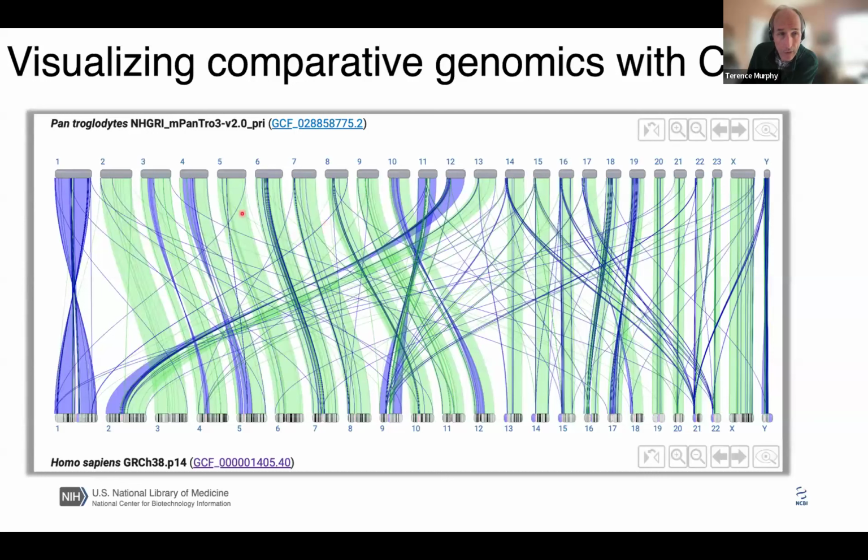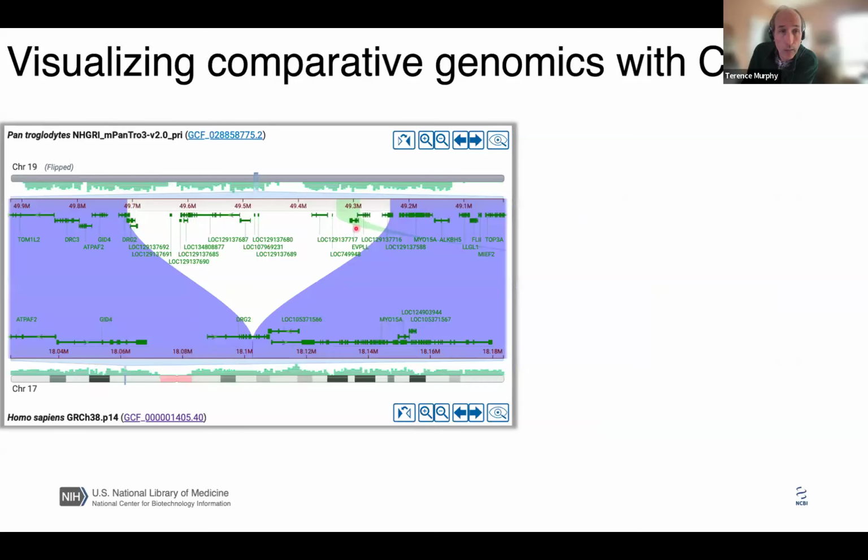And the last thing I'll show you is this tool we developed called the Comparative Genome Viewer, which lets you visually see similarities and differences between genomes. So this view is showing you a whole genome comparison between this chimp genome, the latest chimp genome from the NHGRI T2T primate project, compared to human. So you can see at a global level, translocations and inversions and the like. You can zoom in to